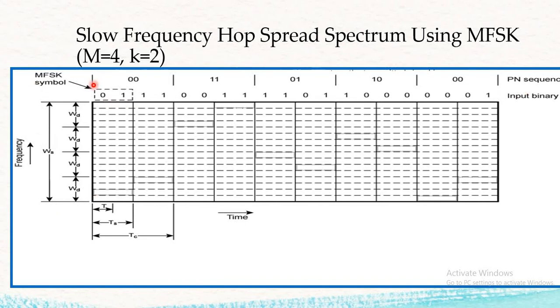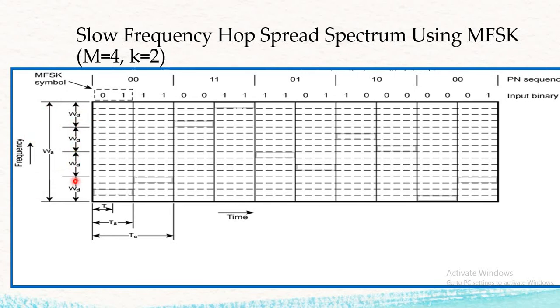And this table is for your PN sequence. For the first 2 bits and for the second 2 bits, that is 4 bits, we are using the same PN sequence. So how do we fill out the values? My first symbol is 0 1, and for that the PN sequence which we have used is 0 0. So how do we write this? What is the value of your PN sequence? It is 0 0. The PN sequence is this one actually. We write this as 0 0, 0 1, 1 0 and 1 1.